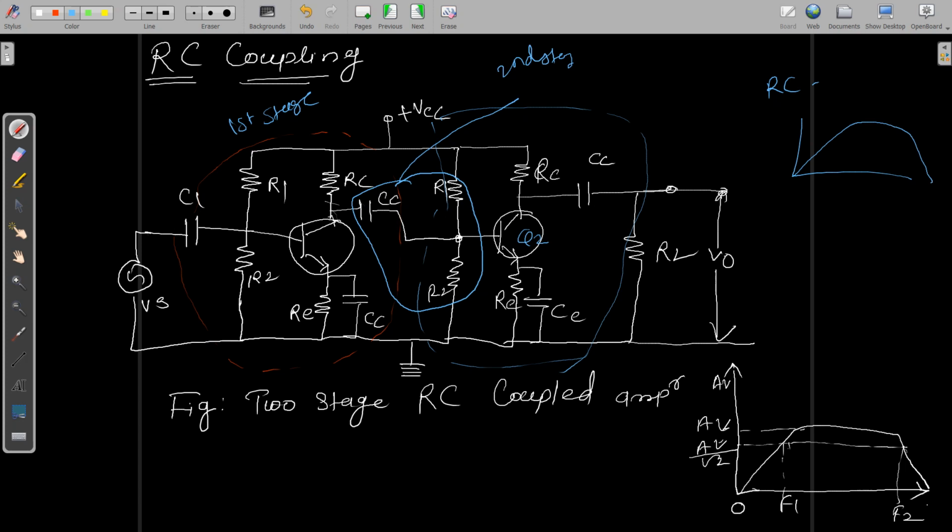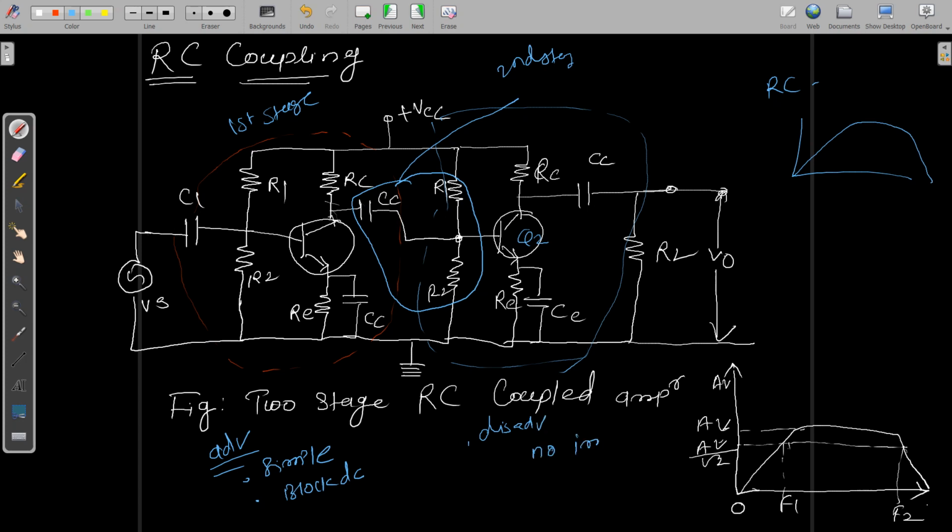So the advantages of RC coupling: the parameters you are using are R and C, and it is used to block DC, so DC blockage is possible. You have a flat output at middle frequencies. The circuit is simple, and you can block the DC. Why do you want to block DC? Because the unwanted DC may disturb the biasing condition of the transistors, and that DC gets blocked because of the capacitance present. And in disadvantages, you don't have impedance matching.